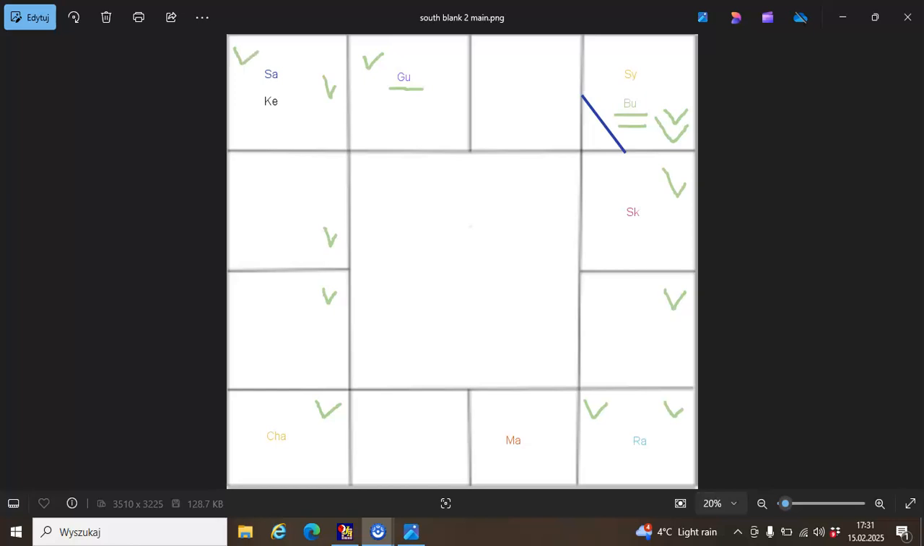Mina is an even sign, so we're counting to Guru to see how many places Guru has traveled from the sign it rules. We'll do that in an anti-clockwise direction because Mina or Pisces is an even sign. So we've got